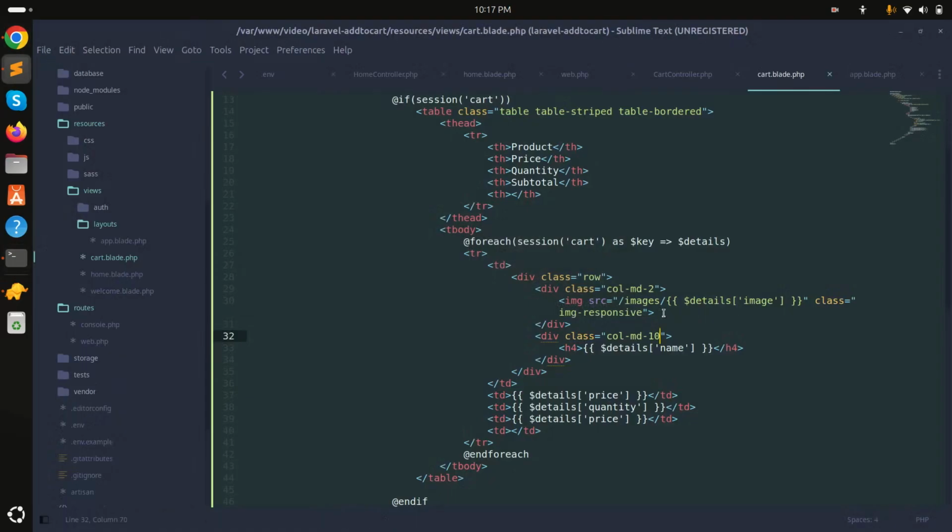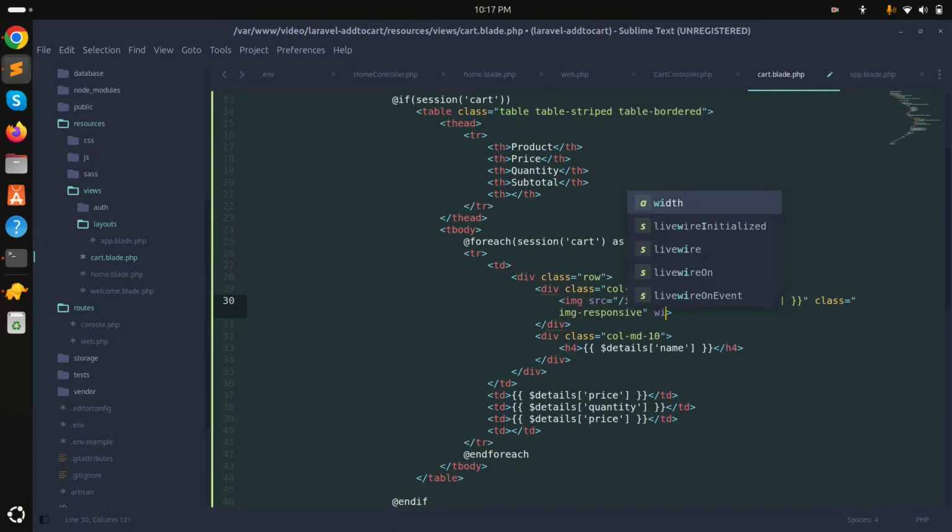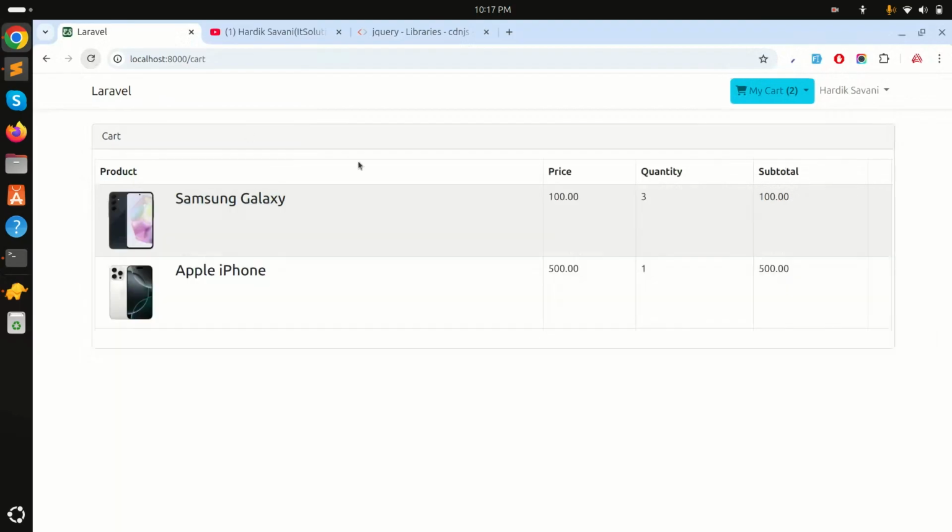Yeah, that's something wrong. I think we need to keep the width. Okay, so I will say width 100 pixel. That's fine, because the design is a mess. Yeah, now it's much better. Okay, like Samsung Galaxy, and there is a price that's called 100, quantity is 3, subtotal is 1000, and here